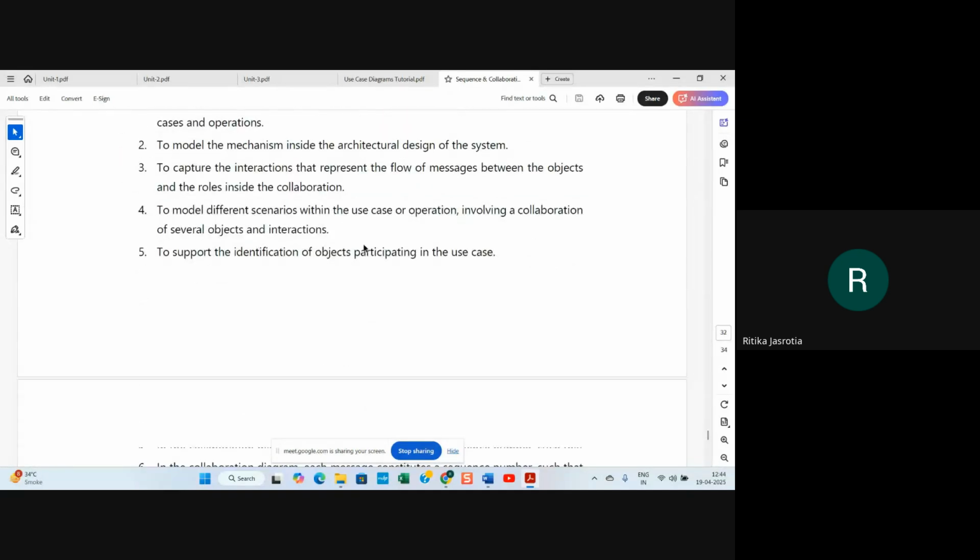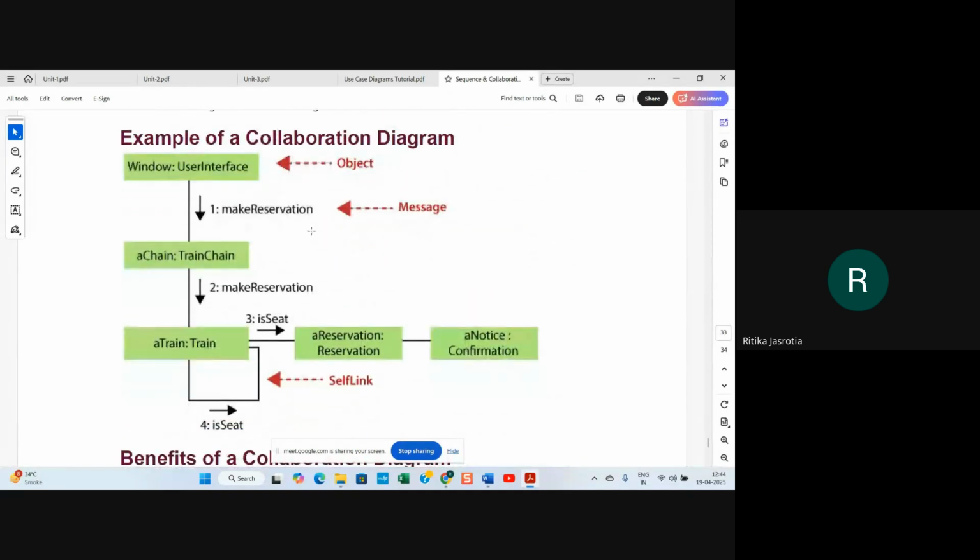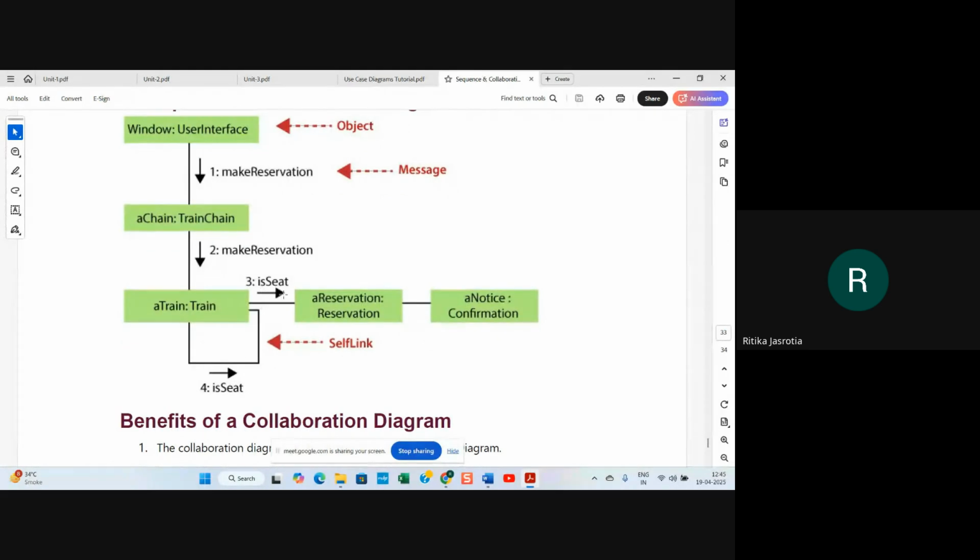For example, here, window interface, user interface is there. Through the window you make a first message, make a reservation, and make a reservation goes to the train. Then second message is make reservation, you go to a train for reservation. Then third message is you check the seats. Are the seats available?